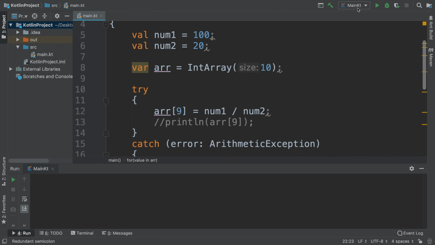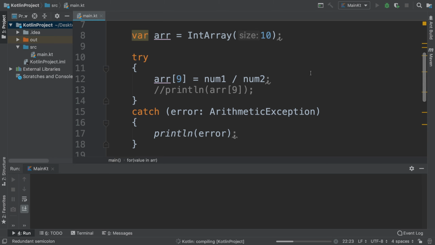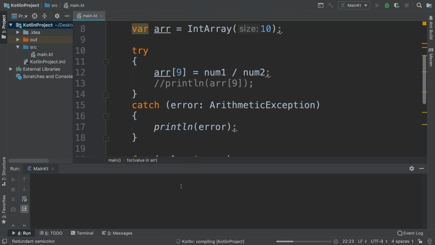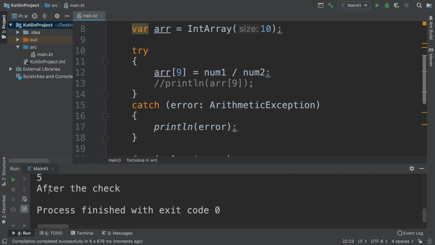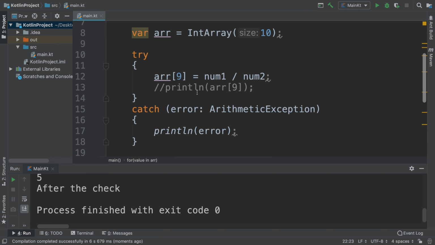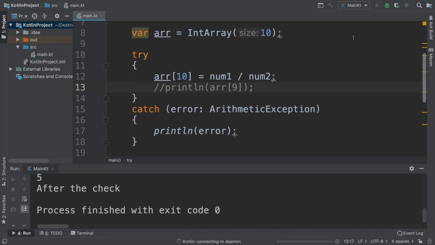If I was to run this, at the moment no errors will occur. We get 0, 0, 0, 0, 0, then we get 5 because 100 divided by 20 is 5. But what if we accidentally do this? This is out of bounds now. This is an out of bound error, because even though we have a size of 10, 10 represents the 11th index because computers start at 0. So if we were to run this now,